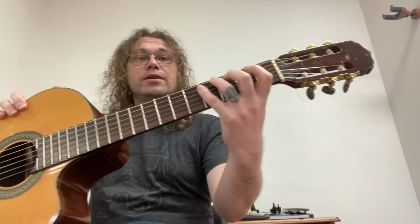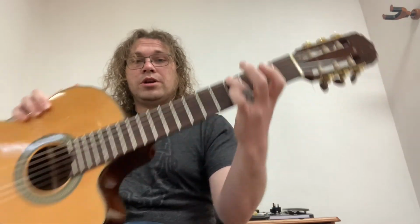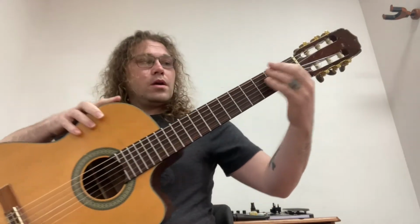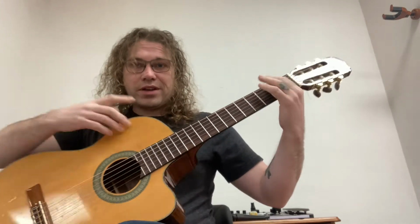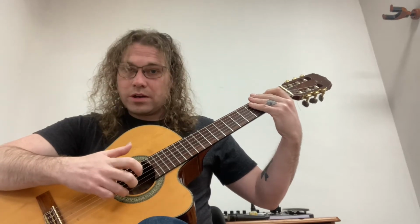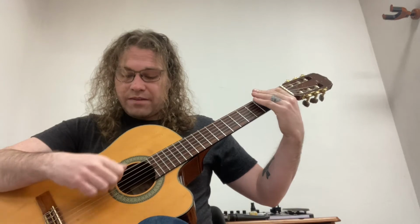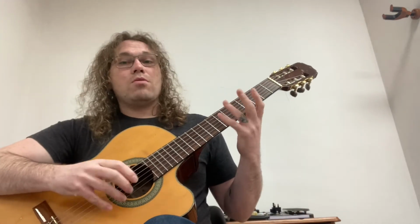Okay, your next bit is going to be a couple of bass notes coming in. So my 3rd finger is going to come up to the 4th fret on the low E string. We're going to play that on our own. We're then going to play the 2nd fret on the low E string, and at the same time we're playing the high E string as well. With that one I use my 3rd, but you can use your middle if you want. And then finally we have our open low E with our thumb. So that whole part,